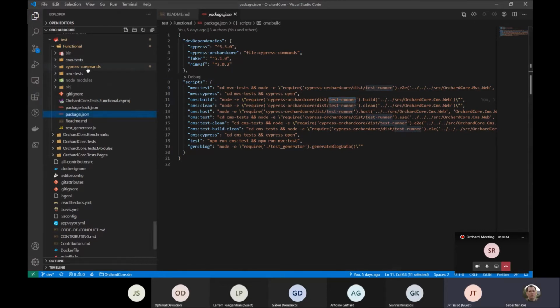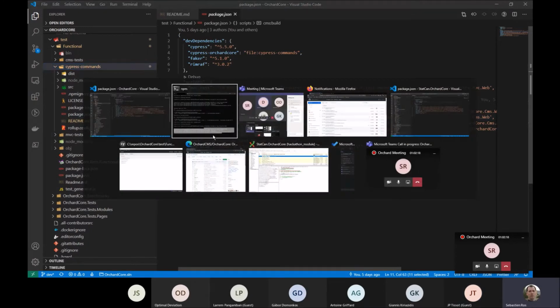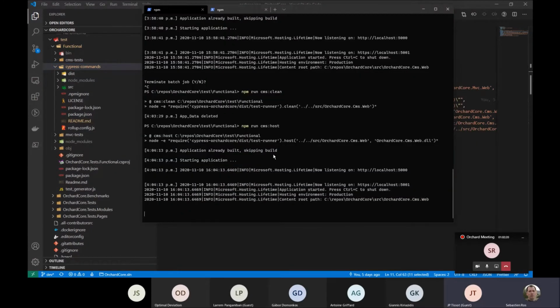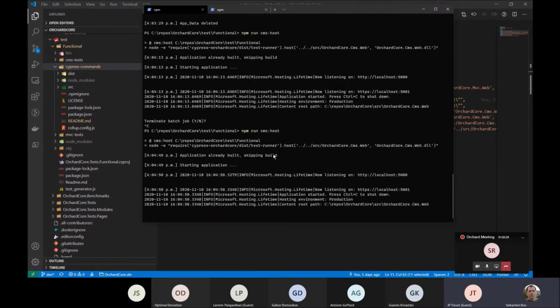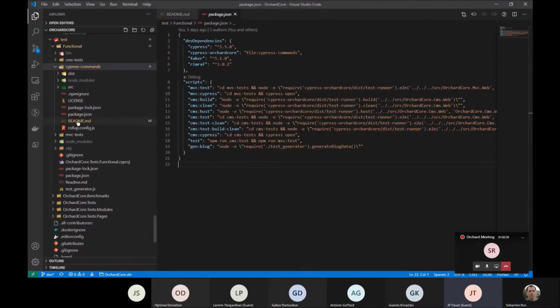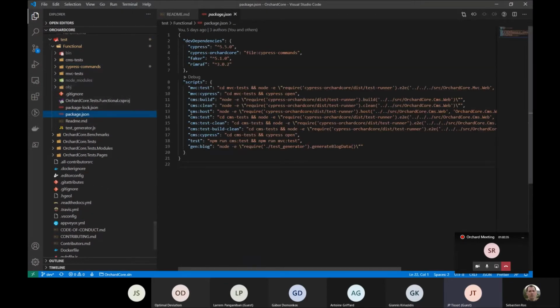So you can actually... That was too quick. I didn't see what you did with the command line. Where were you and what did you type? Oh, I'm in the Orchard folder, test functional. So you go there and you type npm run CMS host. Yep. And that's going to go and run, not this one, package JSON, this command,